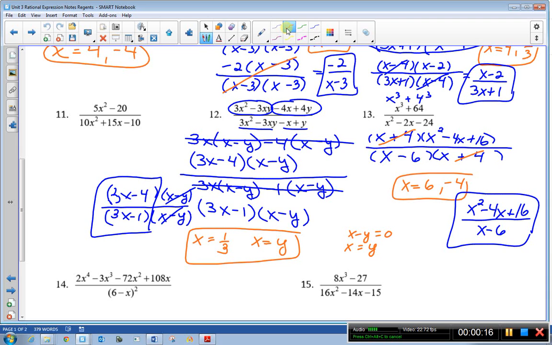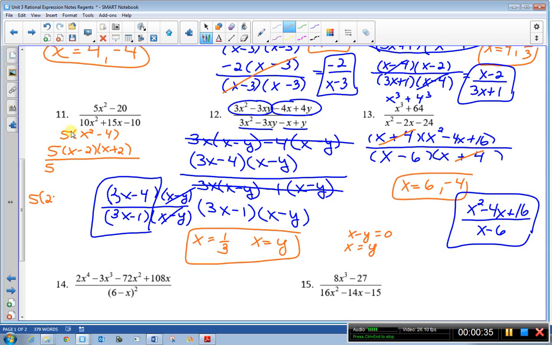So I'm going to factor, and I believe I get x squared minus 4, so that leaves me with 5 times x minus 2, x plus 2. The denominator looks like I can factor out a 5,